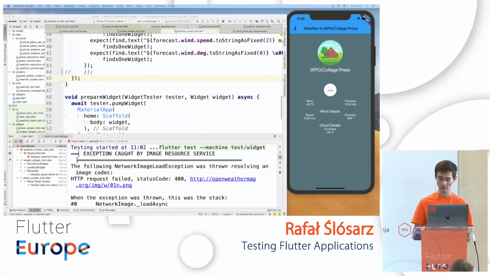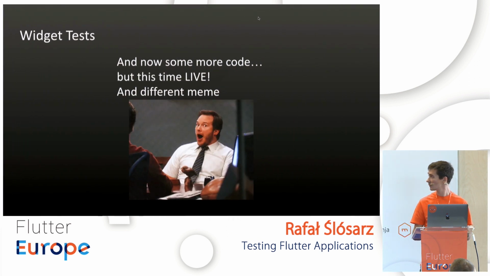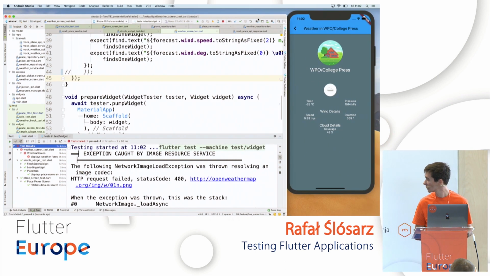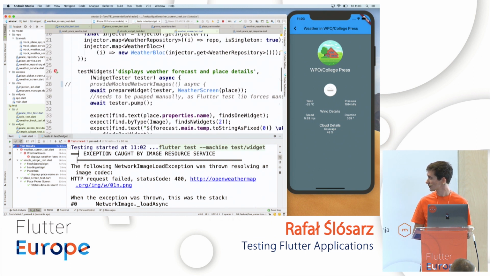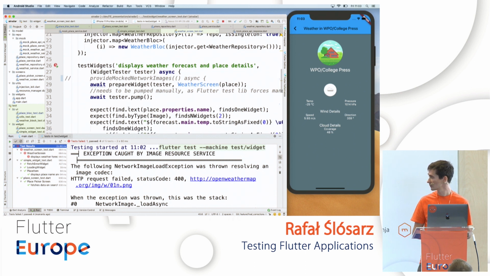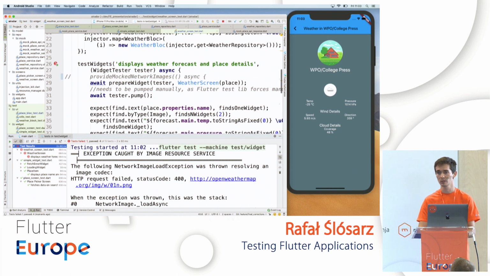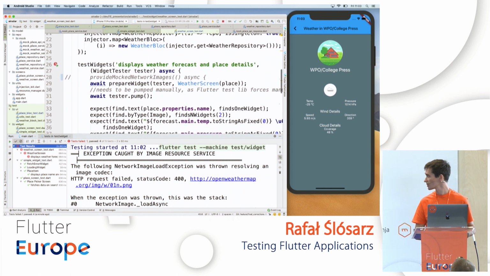Okay, so I would like to also show you how those testers and finders work. And I think a better idea is to show it here in the environment. The tester is the object that we are getting as an argument to our callback. So that's the first difference between unit tests and widget tests. We're also using a different function here to get this callback properly. And the tester has many functions that make testing a little bit easier than it usually is when it comes to UI tests. So it gives us a nice and handy